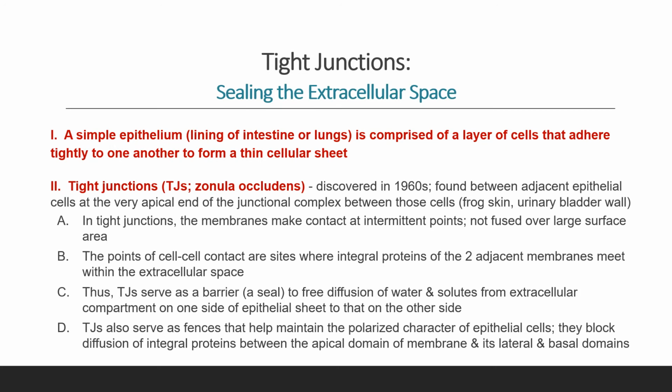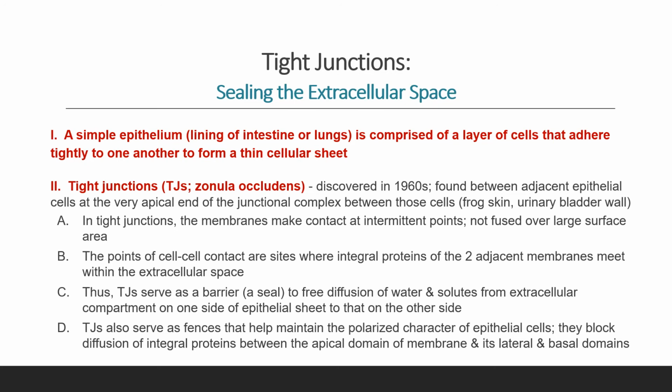Next, we have the tight junctions. This is sealing the extracellular space. A simple epithelium is comprised of a layer of single cells that adhere tightly to one another to form a thin cellular sheath. So the tight junctions, or what we call TJs or the zonula occludens, were discovered